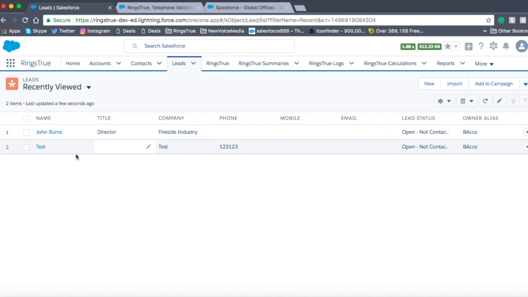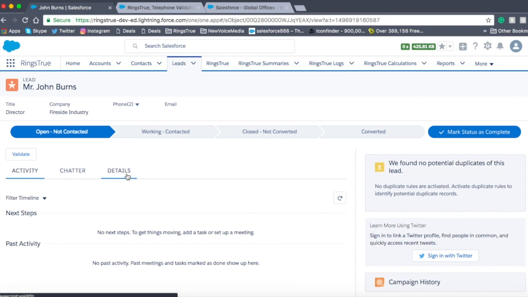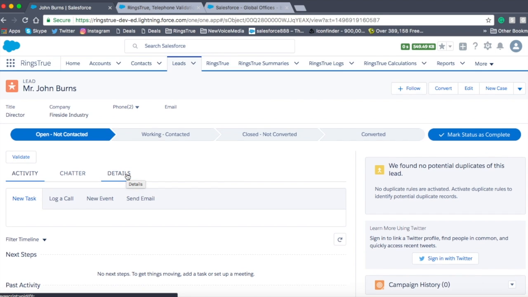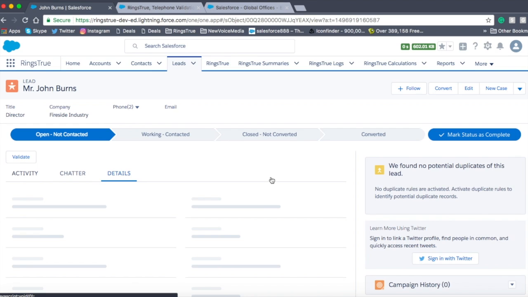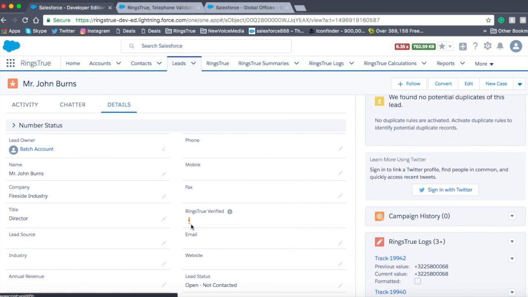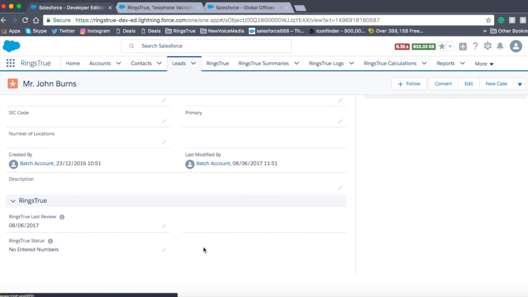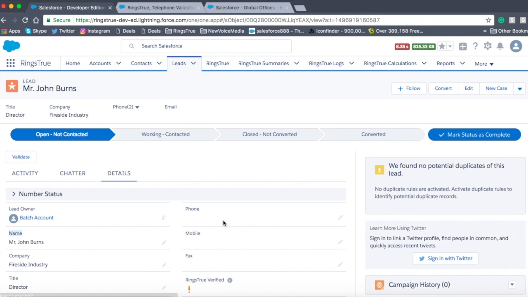For this particular scenario, let's look at a lead. We have a Mr. John Burns who has come in as a lead from either this third party or maybe self-registered via your website. Now RingsTrue immediately gives us an alert here because John doesn't have any telephone number on here at the moment. So RingsTrue status is no entered telephone numbers. You could, to be fair, automate that in workflow, but let's put a telephone number in and see what happens